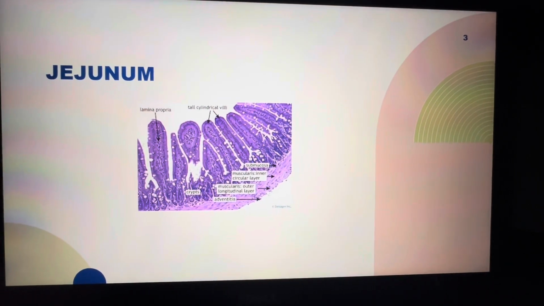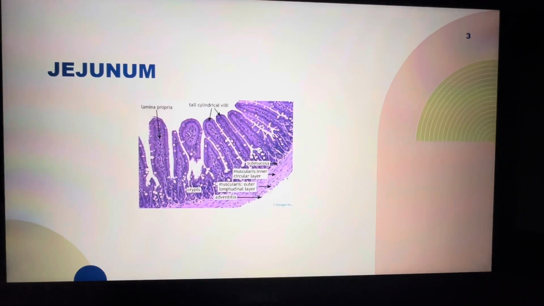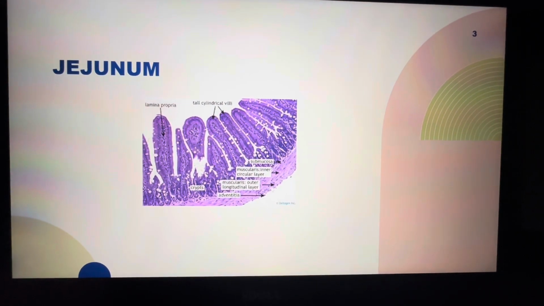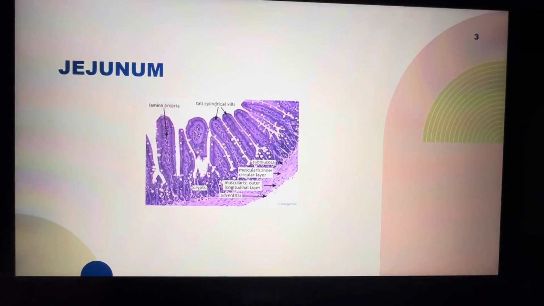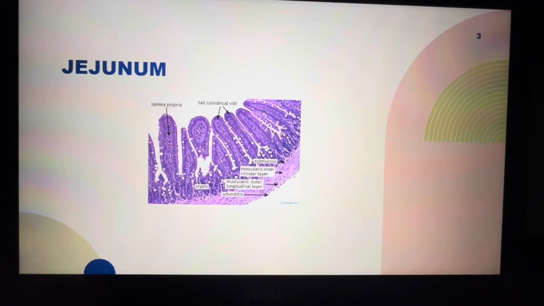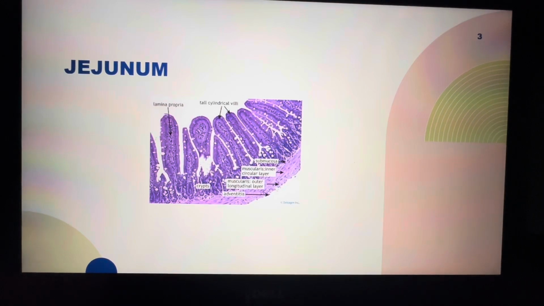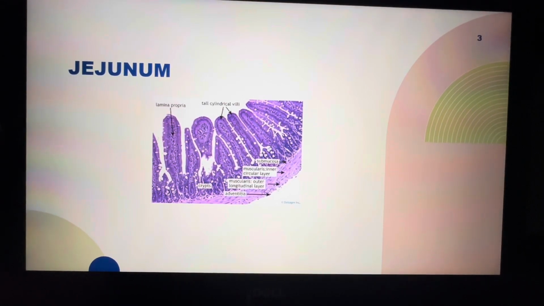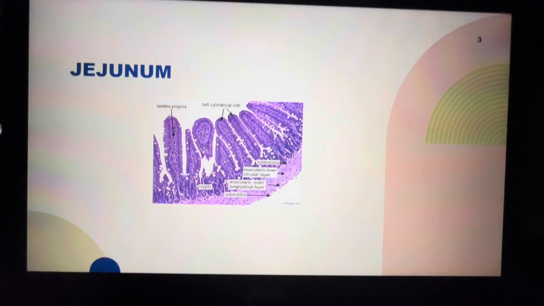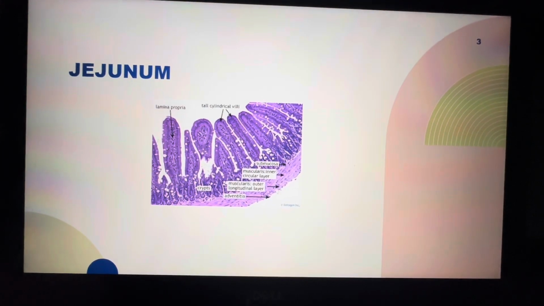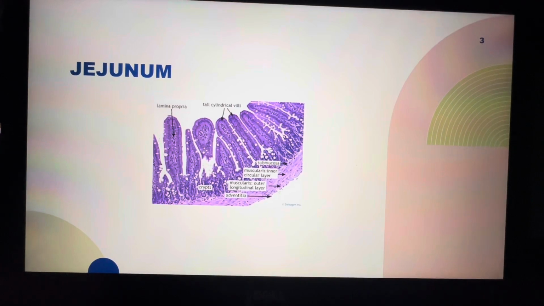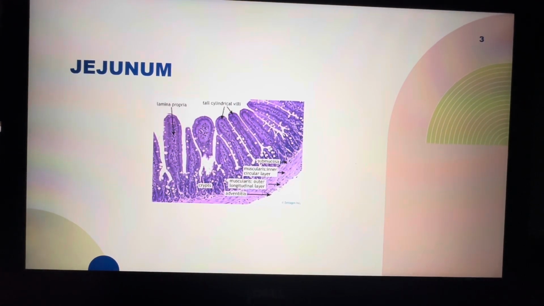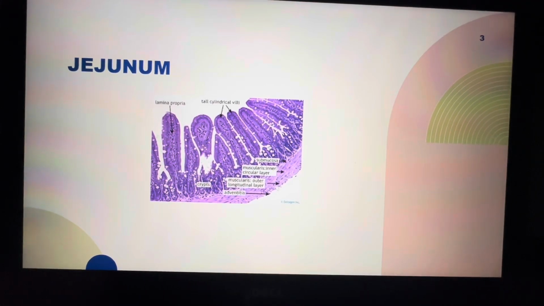Up next, we have the small intestine, which will be the jejunum. For this one, we are also going to be seeing 4 different layers. We have the mucosa layer, the lamina propria, submucosa, and muscularis externa. Within the mucosa layer, we are going to be seeing 4 different structures. We're going to see the simple columnar epithelia tissue. We are going to be seeing goblet cells,